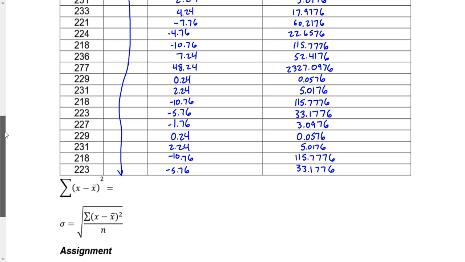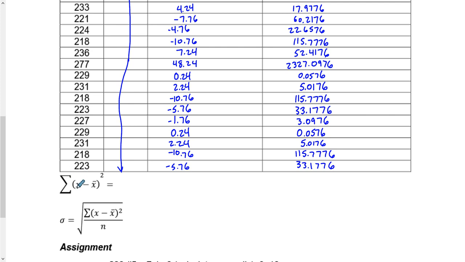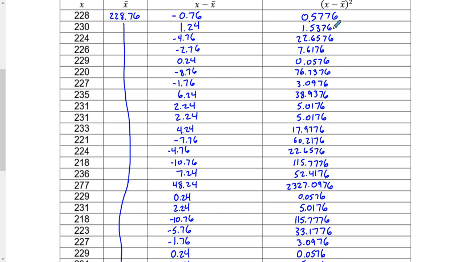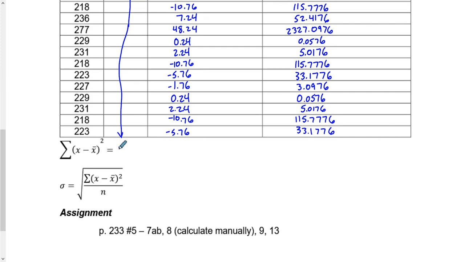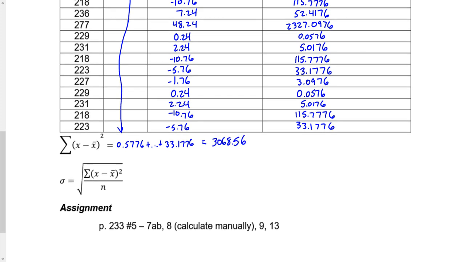The next bit of our step is we have to take sigma of our x minus x bar squared, which means we need to add all of these numbers up together. So we have to have the 0.5776 add all the way up to the 33.1776. Again, I'll pause because you don't have to watch me or hear me type in every single one of these numbers. So when that gets plugged in, I get 3068.56. So the last bit of my work is I just have to take the square root,